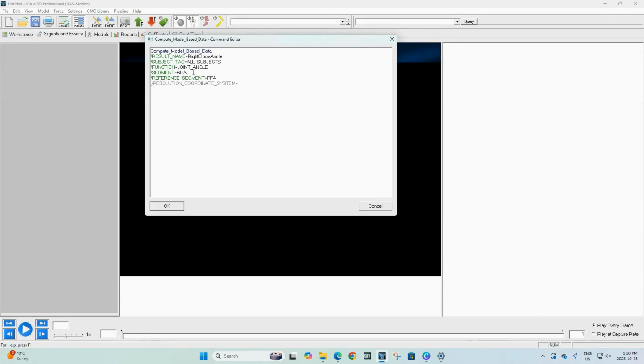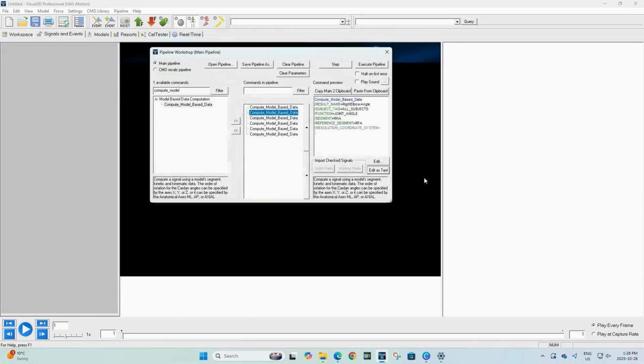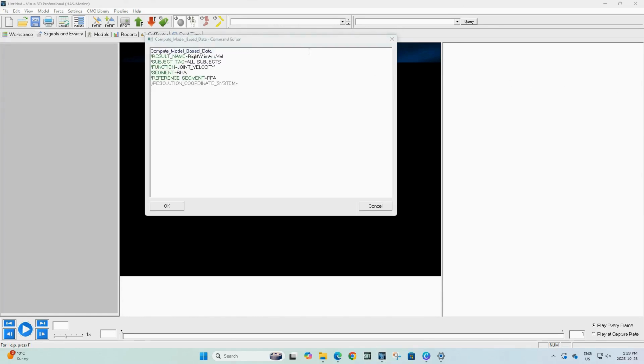Here we're defining the right elbow angle as an angle between the right hand segment and the right forearm segment as a joint angle. Next, we'll define the wrist angle between the hand and forearm segments for the right arm. To view a more detailed description of these segments and reference segments used to define the angles and angular velocities, visit the wiki link in the description.